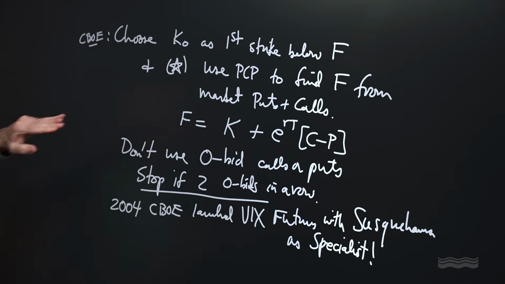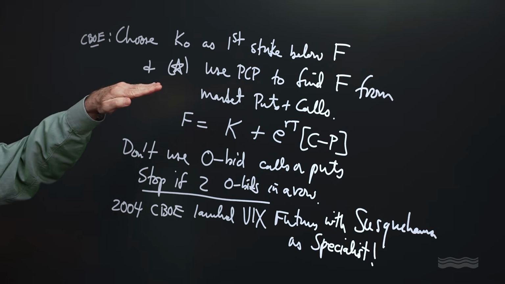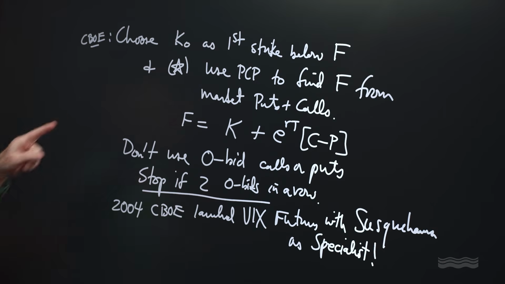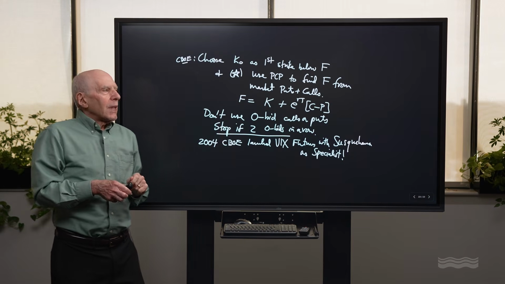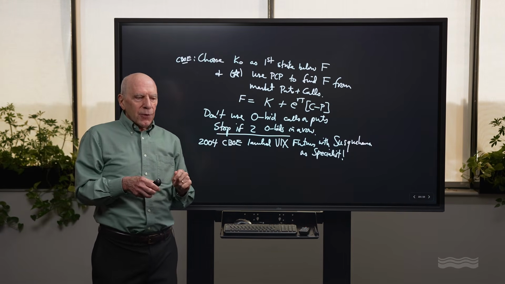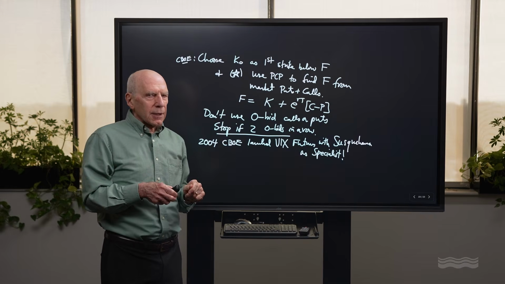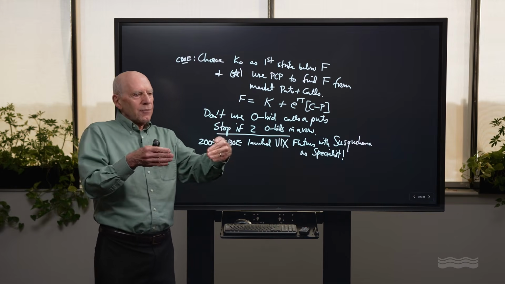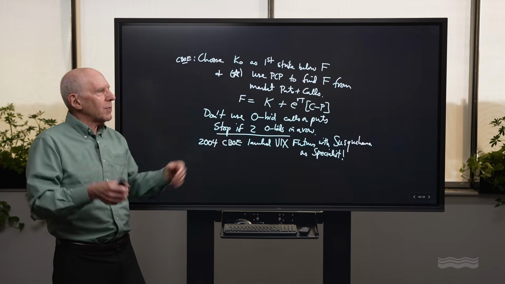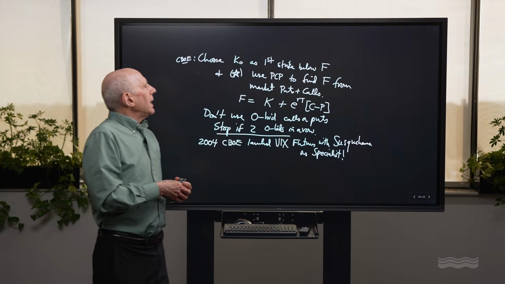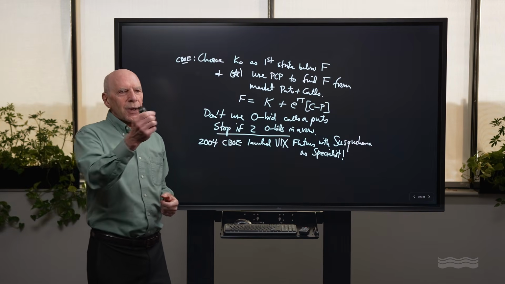Another choice they make is to choose k naught as basically the first strike below the forward, and I put a star here, they use a very clever way of calculating the forward price. With the S&P 500 index, the forward price can be kind of tricky to calculate because there's this stream of dividends that comes with it, and you'd have to kind of statistically estimate what that's going to be. Instead, the CBOE